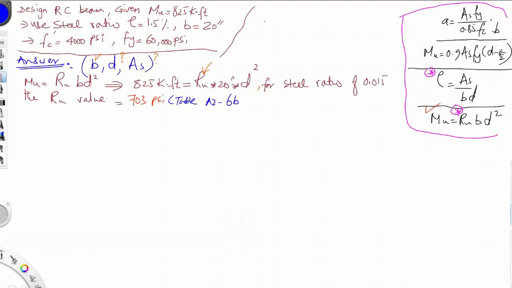So now I know the value equals 703. So I will use it here. I'll say 825 kip foot is equal to 703 pound per inch square. That's what PSI means, multiplied by 20 inches, multiplied by D. So D is the only unknown to us. So D square, of course, is equal to